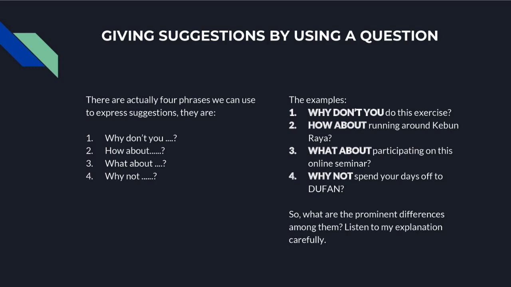Okay, once more I explain to you all the use of why not. Jadi penggunaan why not di sini fungsinya kebanyakan adalah untuk mempromosikan sesuatu yang mana penggunanya adalah advertiser, pengiklan, seperti contoh tadi Dufan. Jadi why not? Kenapa tidak menghabiskan liburanmu di Dufan? Berarti the meaning of the sentence is marketing office dari Dufan itu ingin persuade, membujuk para warga untuk menghabiskan masa liburannya di Dufan, seperti itu.